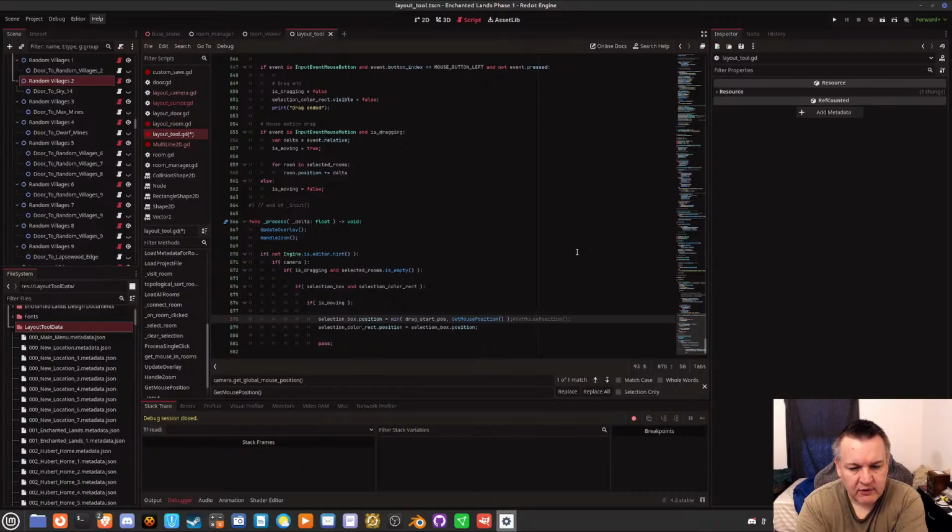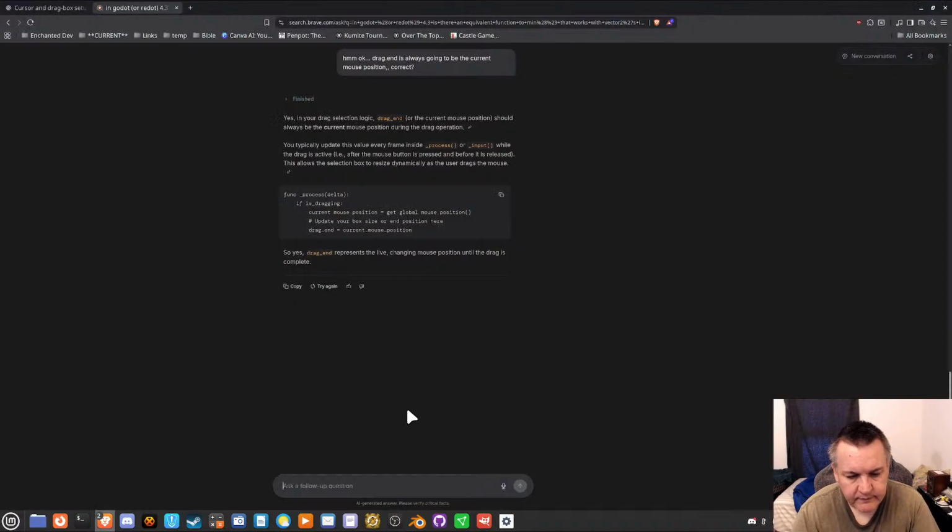So what I need to do... what am I missing here? Right now in my process function, whenever I move, I'm setting the selection box. It's called selection box.